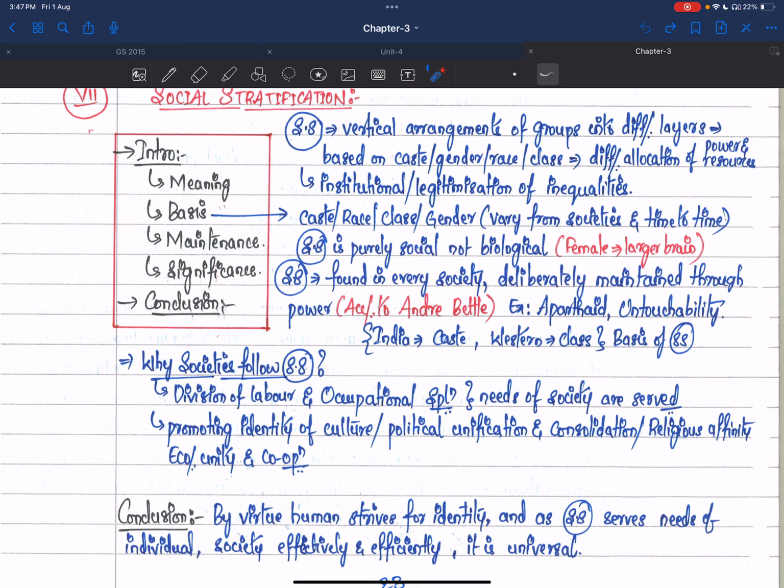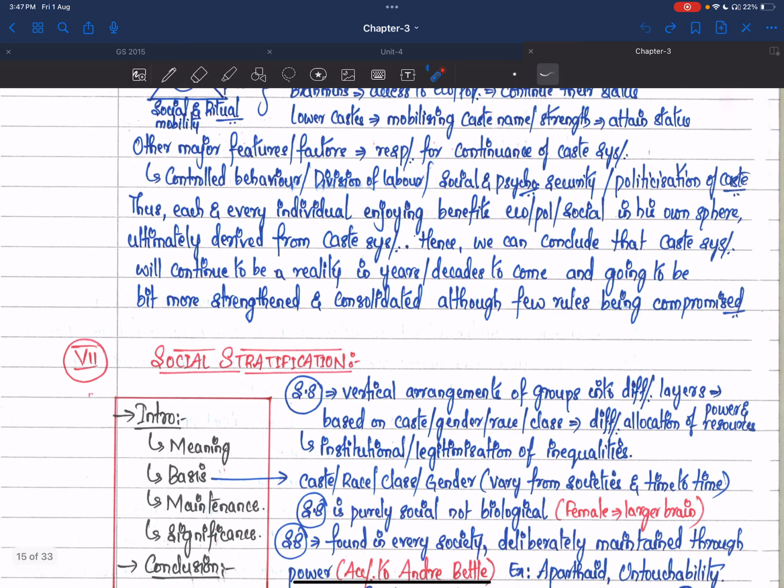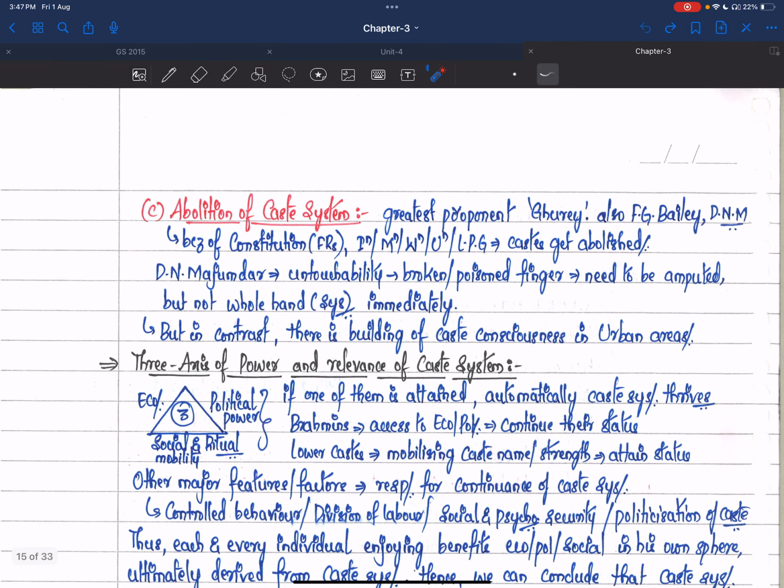Now coming to MMP Plus, my mains is sorted, because I don't have any need of preparing notes, as MMP Plus is giving mind maps for all the subjects. Even for ethics also, Udijan sir has given them. And sir is telling, don't even prepare those mind maps. Just go through the thinkers, keywords and all. Make those lists, and that is more than enough. Even in anthropology, I wanted to make notes in such a way. I'll show you.